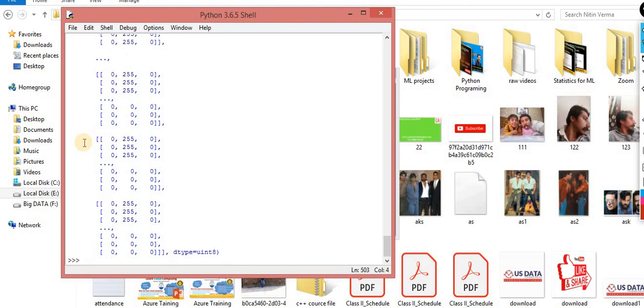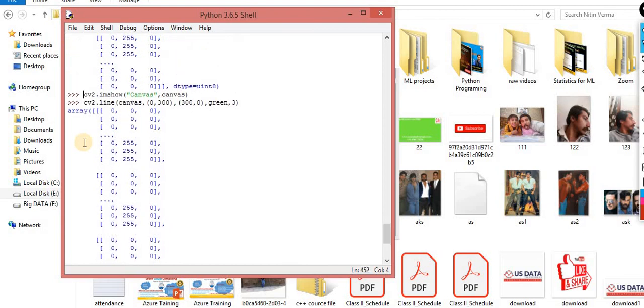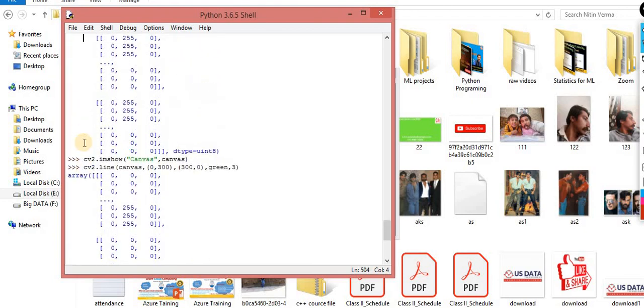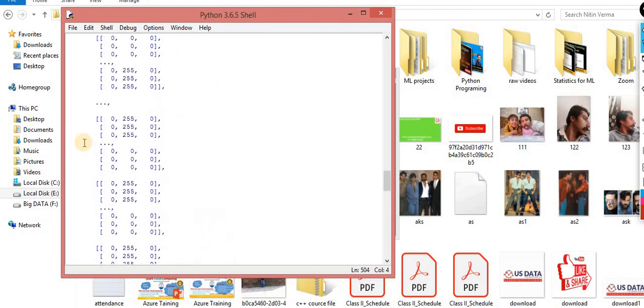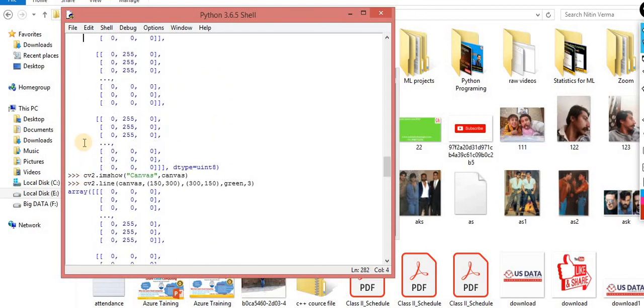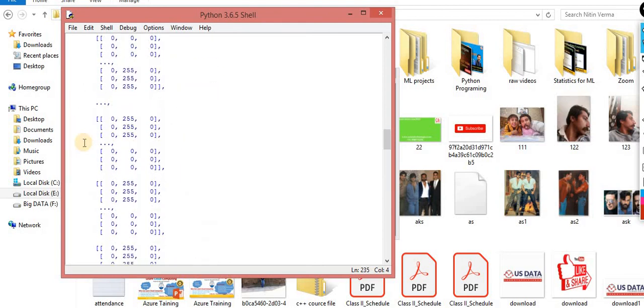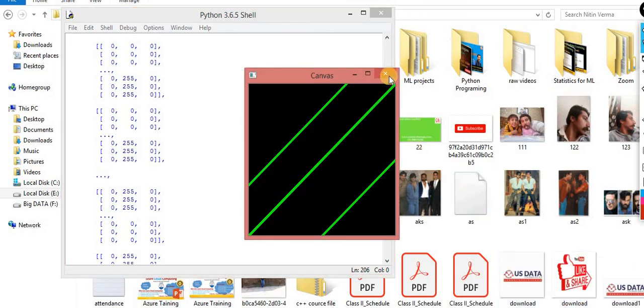Let me draw it. Is it working or not? I don't know what happened to it. Earlier it was working very fine. So start the process from the starting. Maybe the picture is already open. Yes, that can be. You can check it out. Okay, everything is working fine. That's why I was very surprised that it wasn't working. The lines are ready.